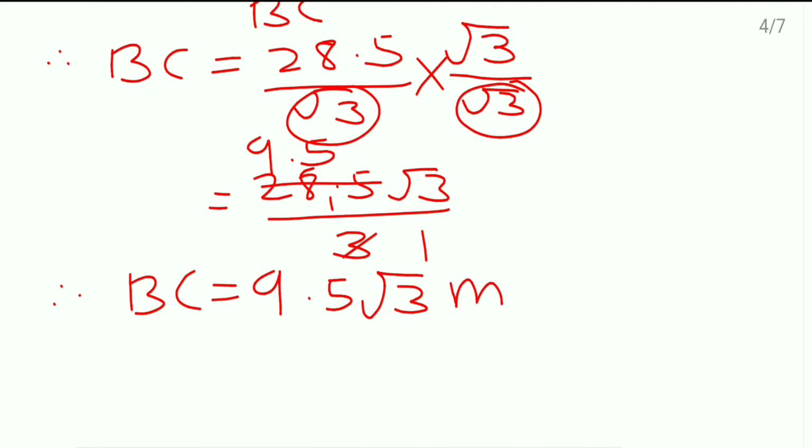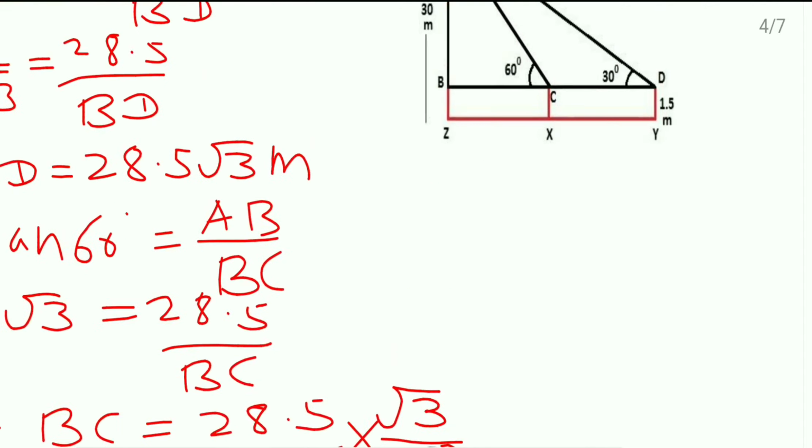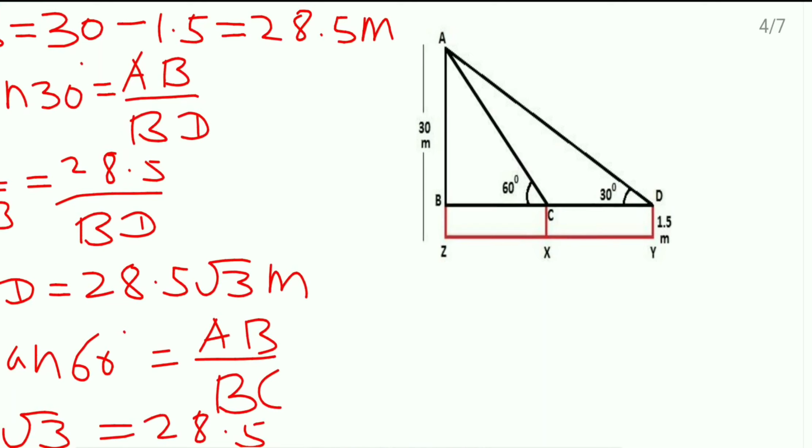Correct? We need to find out what? CD or XY. See once again in the figure. We need to find out this distance. So to get this distance, I can say from BD, if we remove this BC, who is left now? CD. And CD is nothing but XY. So what I will do? To get CD, BD minus BC. Here I will note it down.